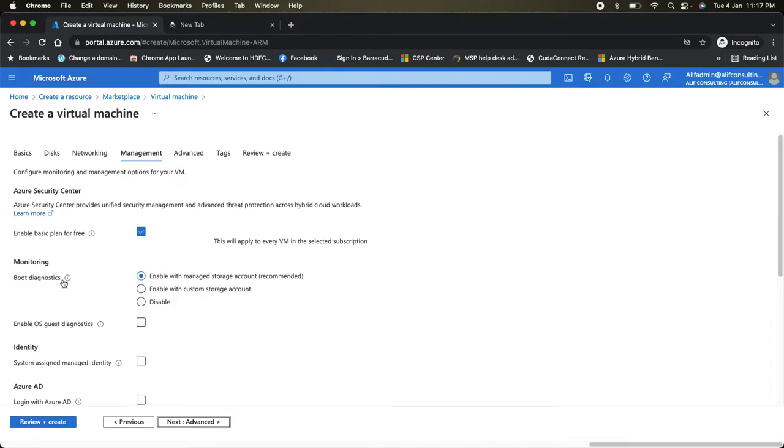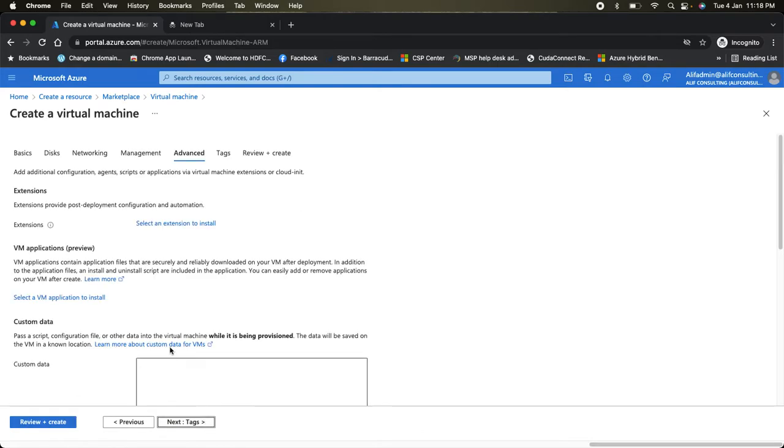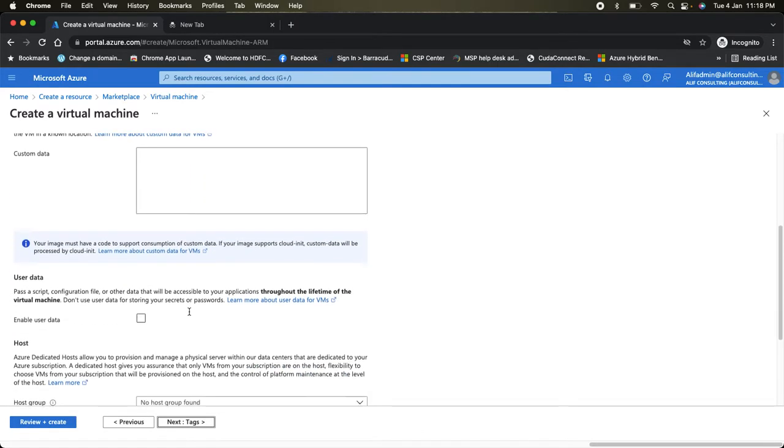Boot diagnostics is something which I have shown you in my PPT in the reference architecture. Boot diagnostics are very important, because with boot diagnostics you can see what exactly is happening in the VM. Let's say your VM suddenly got stopped. With boot diagnostics you can see what is happening and where the VM is stuck. I'm not installing any custom extension or anything,